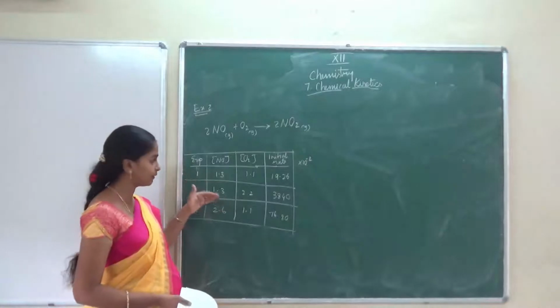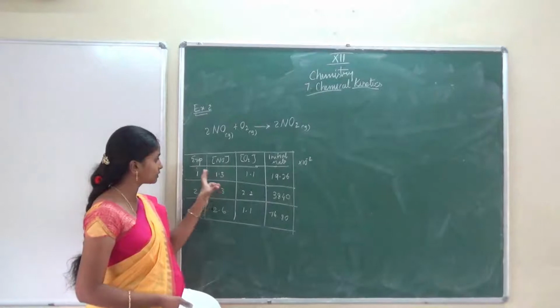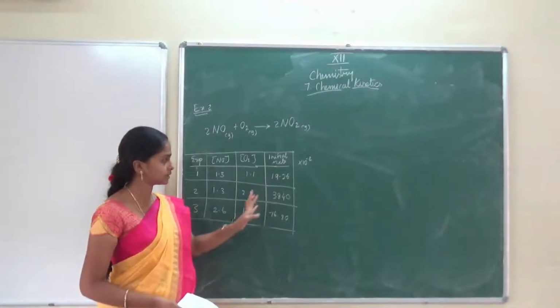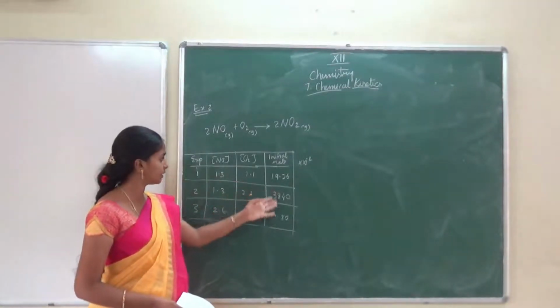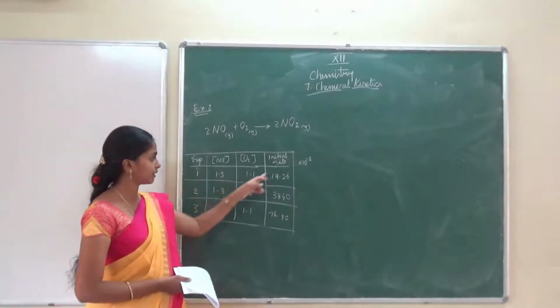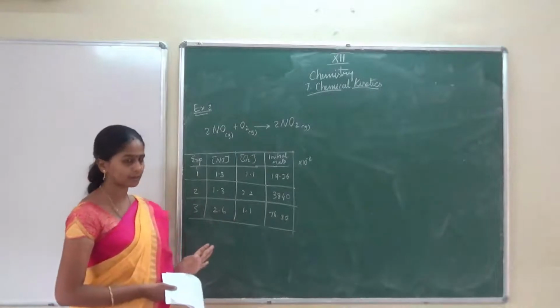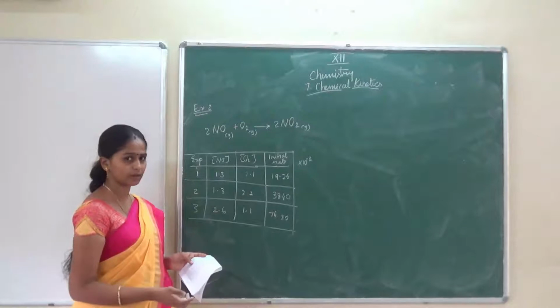So at 3 different times, at regular time intervals, they did the experiment and found the values of NO and O2. With this they found the initial rate, that is, the rate also. Using the concentrations they found the rate, based on the reactants only. So these values are present now. Now we are going to find the m and n values to find the order.